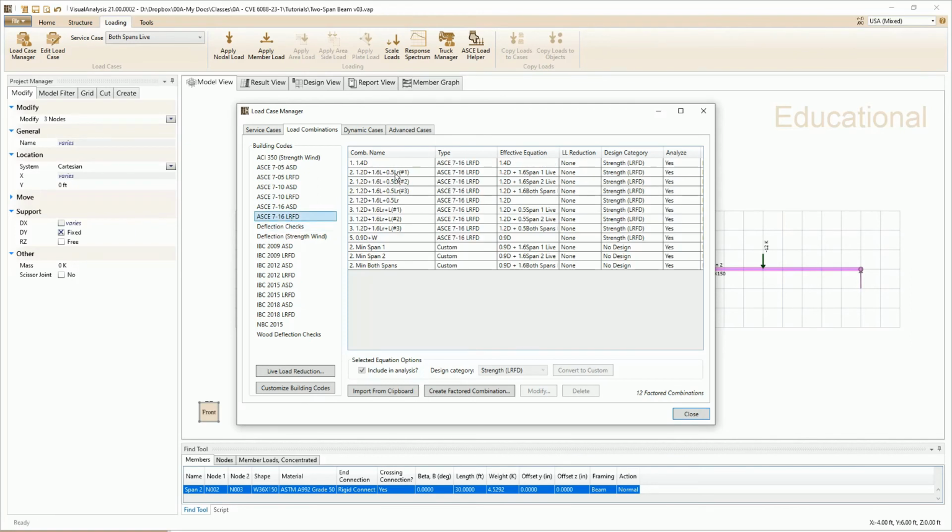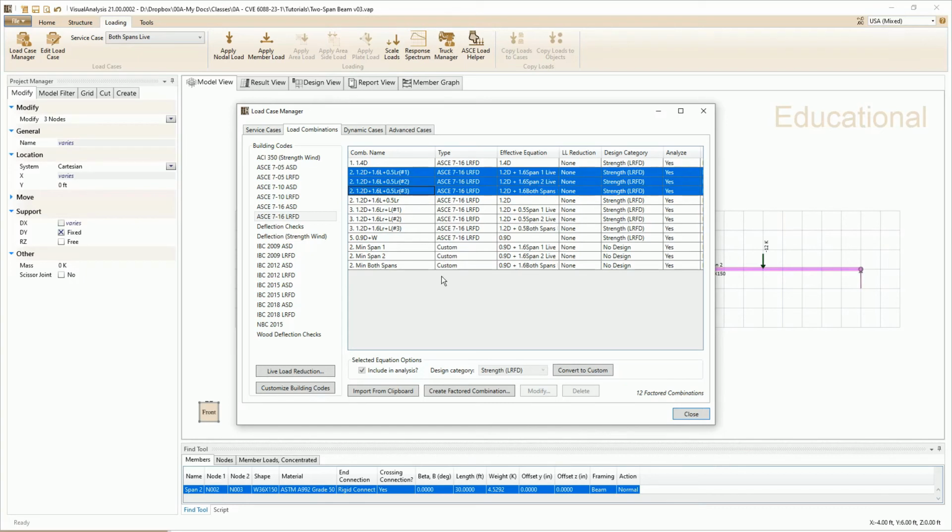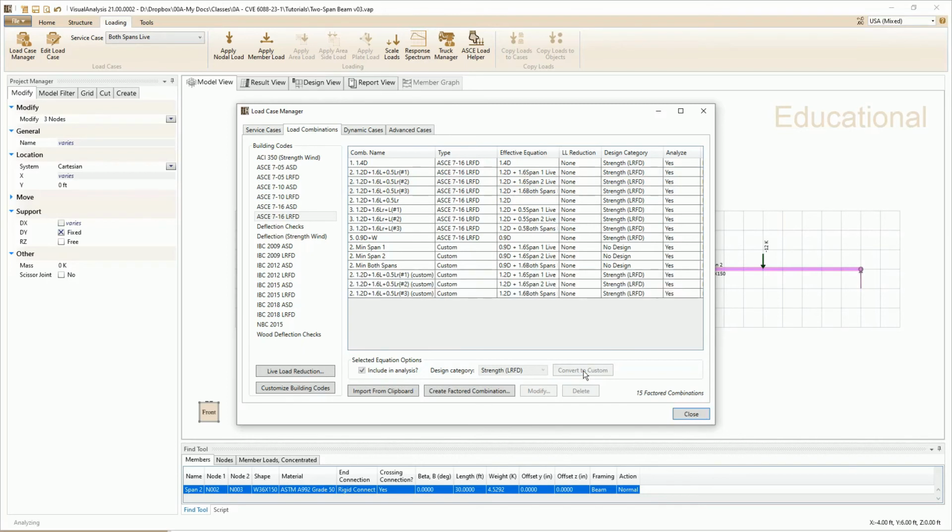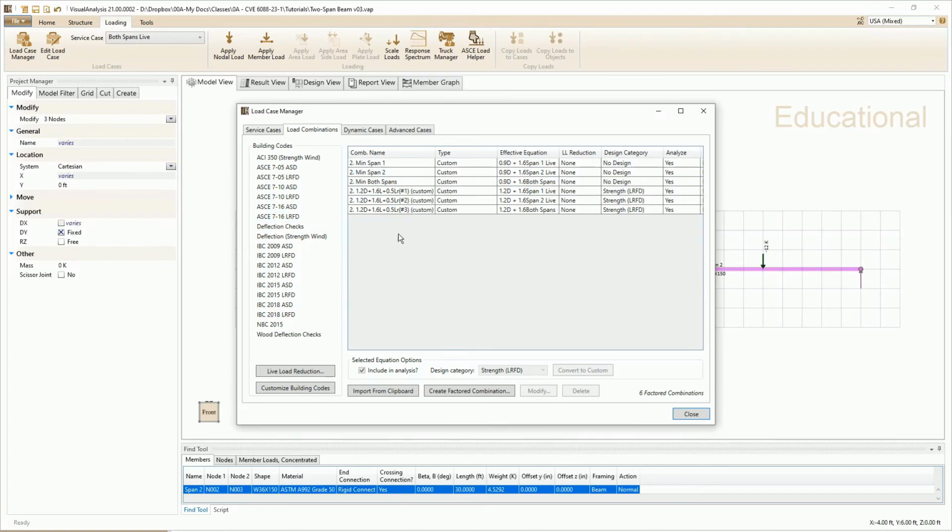The only way that I know of to do this is to convert the ones that we want to keep to custom combinations. So I select those three. Those are the three permutations for load combination number 2. I select convert those to custom combinations, and you can see where they've been added here at the bottom. And now I can deselect the ASCE 7-16 combinations, and basically that leaves me with the 6 combinations that I